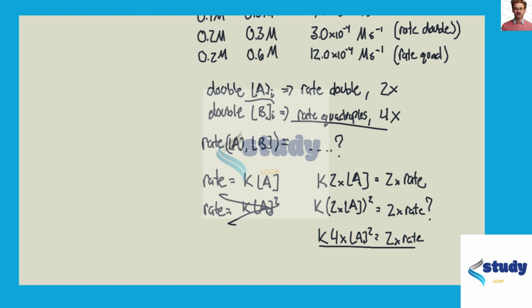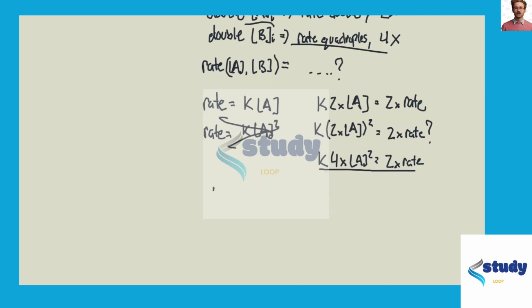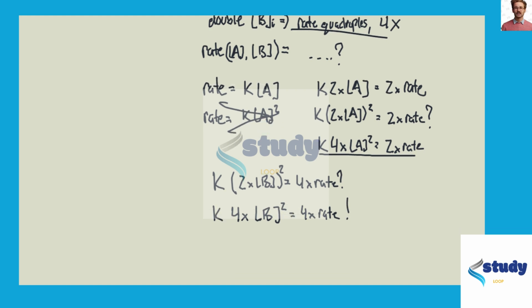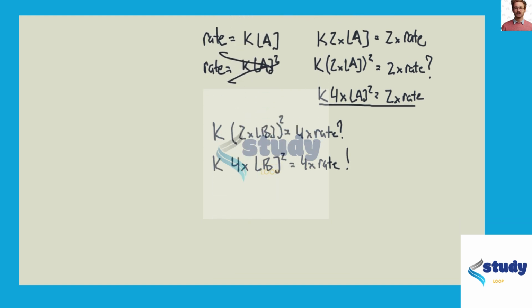And if this were the case of B, that would be like saying K times 2 times B squared equals 4 times the rate. Is that true? Yeah, because then we would get 4x times B squared being our original law, which would be 4 times our original rate. Right? So then we can determine that we are linear in A,